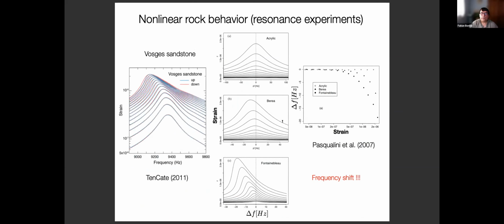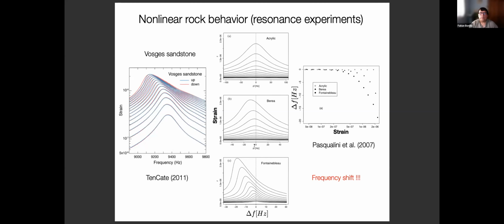So I am going from the bottom to the surface. The bottom is, in this case, going to be deep in the crust. There are some simple examples where people have been studying nonlinear rock behavior, for example using resonance experiments like those done with soils, where they sweep different frequencies until they get to the resonance and increase the strain inside the rock sample. What they have observed is how the frequency starts shifting to the left, to lower values of frequency, as the strain increases.